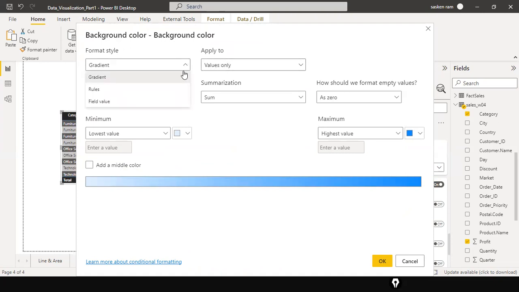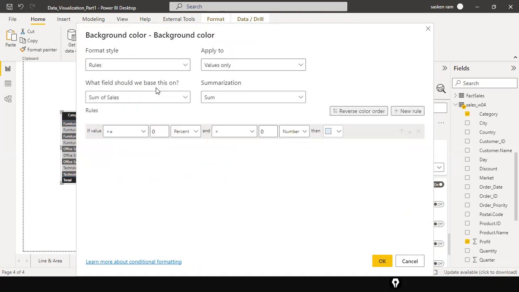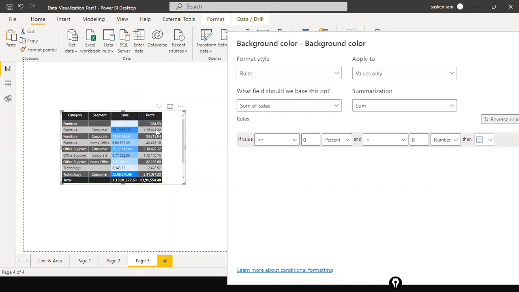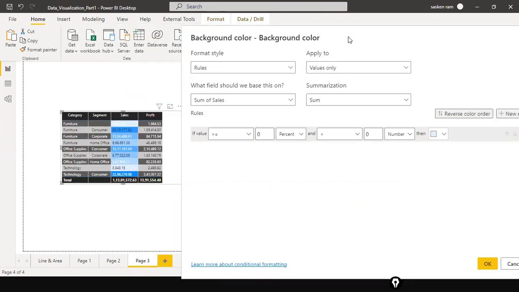So what I do is I just say the rules. I don't want to use the default rule or default settings for the colors. I want to define my own color. So here, the sum of sales for which column, and what is the format style, rules apply to values only. What is the rule that you want to define here? For example, here I just say anything below 10 lakh, or I just say 0 and